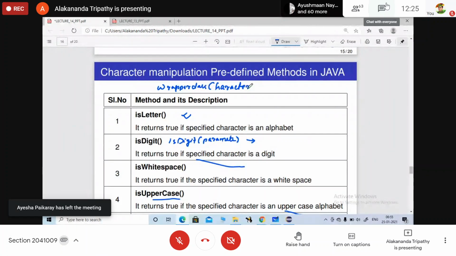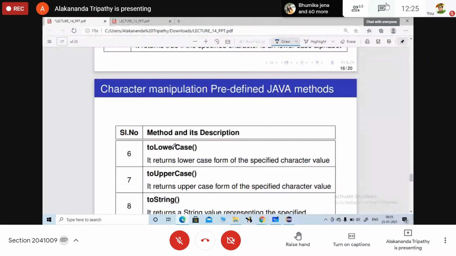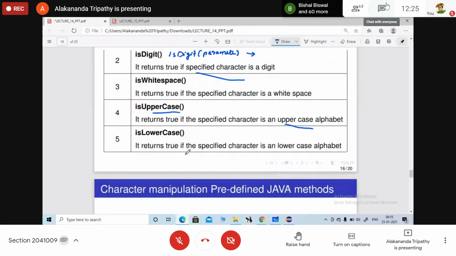It is present under the Character wrapper class, and you provide the parameter to it to check whether it is uppercase, a letter, or a digit. toLowerCase will convert the character to lowercase. We will come back to this point.